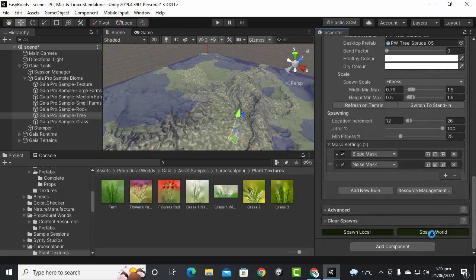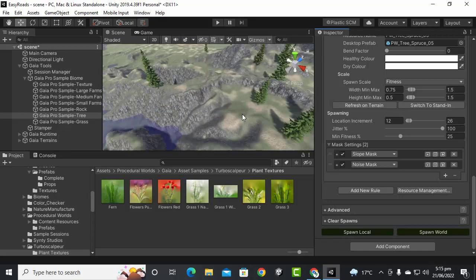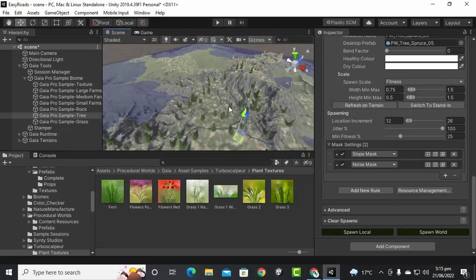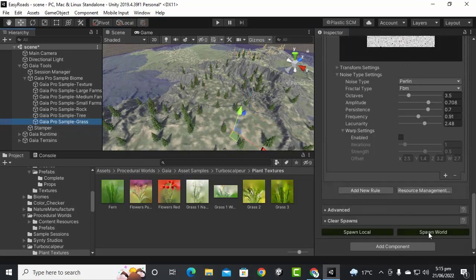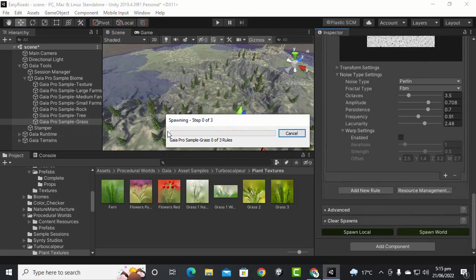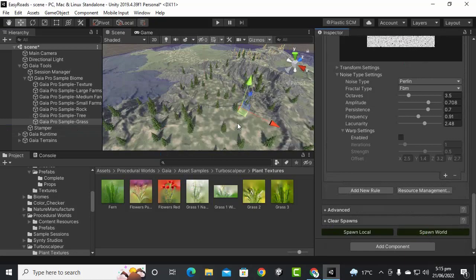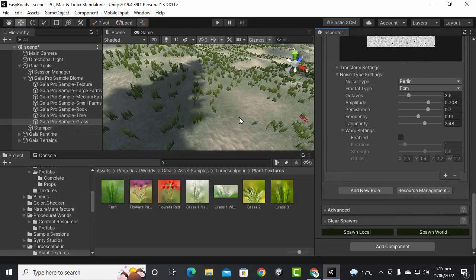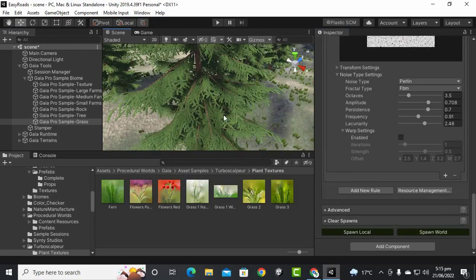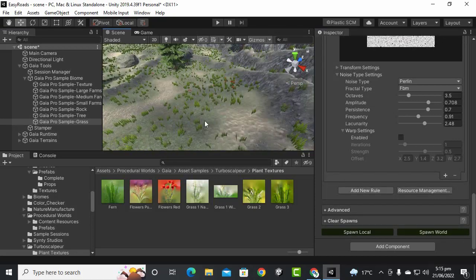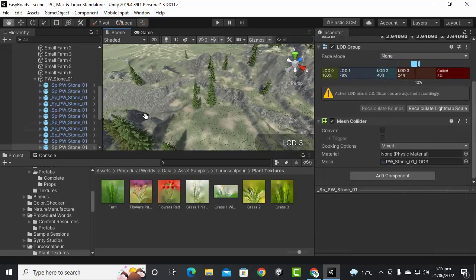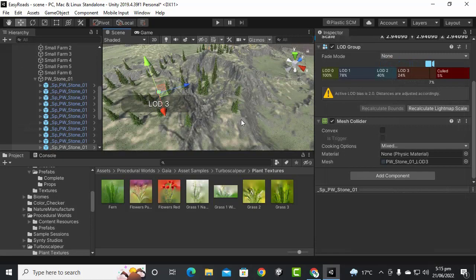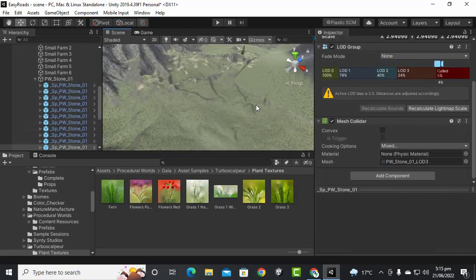Then we will spawn the world, and now you can see that trees are also added to our terrain, and then we'll select the grass, and let's spawn the world, and grass will be added to our terrain. So the simple method, you have seen that simple grass is added, and trees are added, and the stones are also added. You can see this type of stones somewhere on the world, but the houses, maybe one, two or